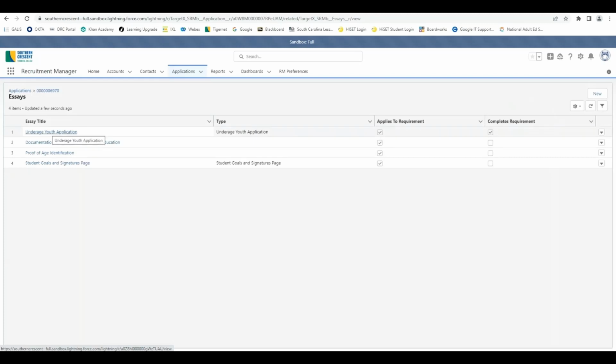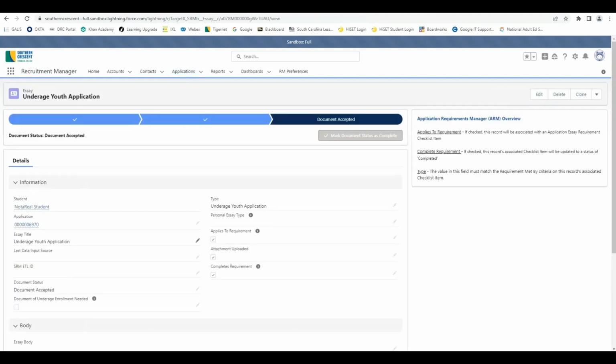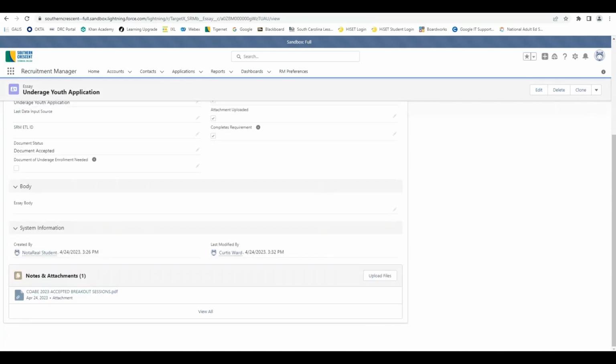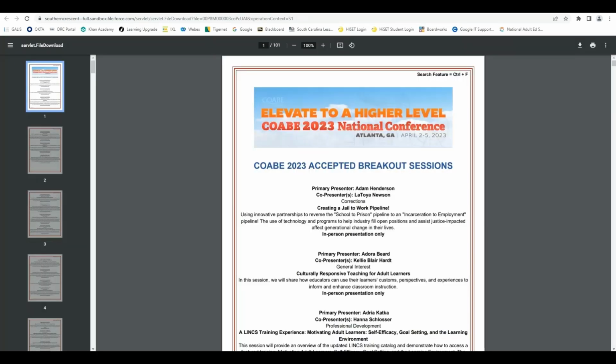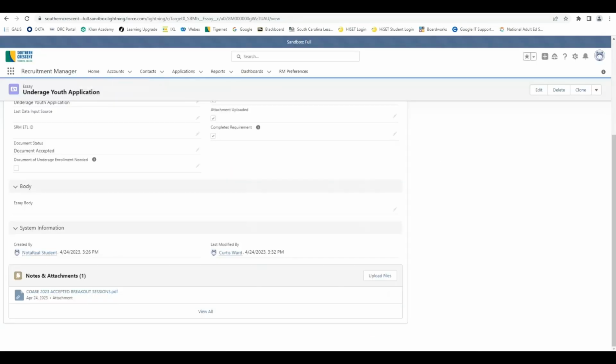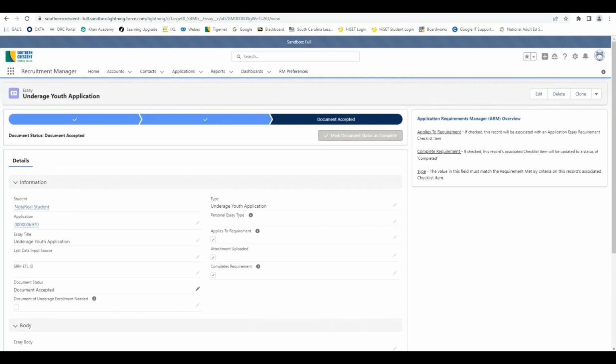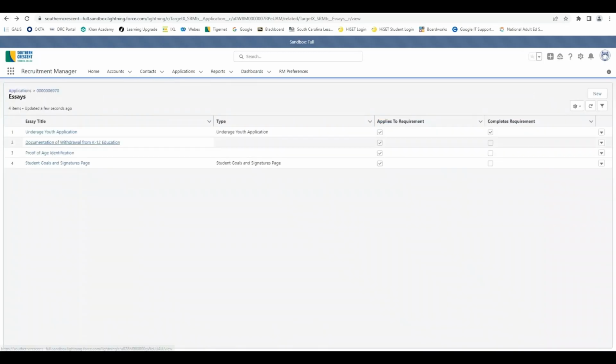To view the document, click on the document name, and then scroll to the bottom where it says Notes and Attachments. This will be the document that the student uploaded or that we uploaded on behalf of the student. If you click the name, the document will open and you will be able to review to see if the document is complete. I have already reviewed this one and marked it as complete, so you'll see at the top it says Document Accepted. So then you will go back and click the next document,